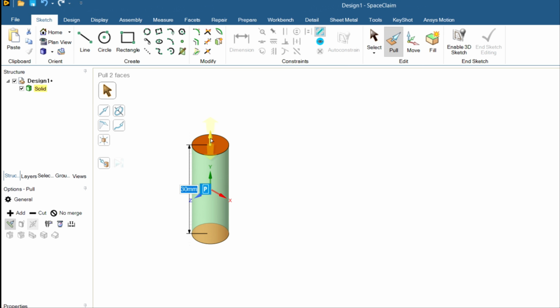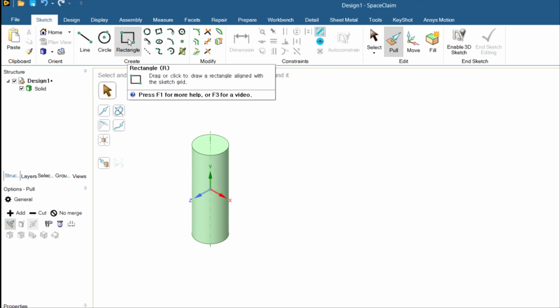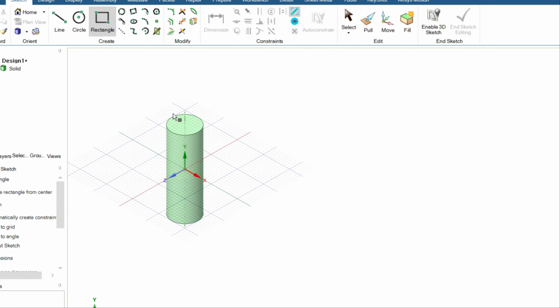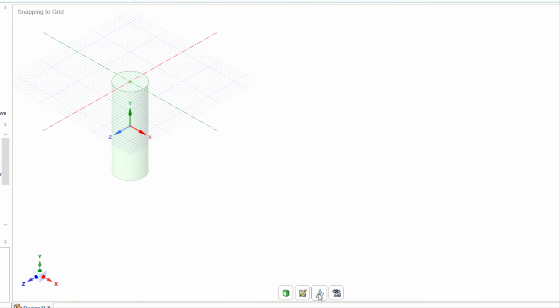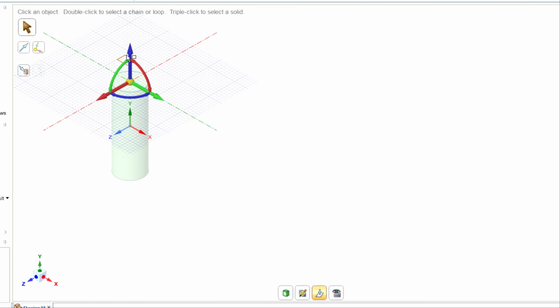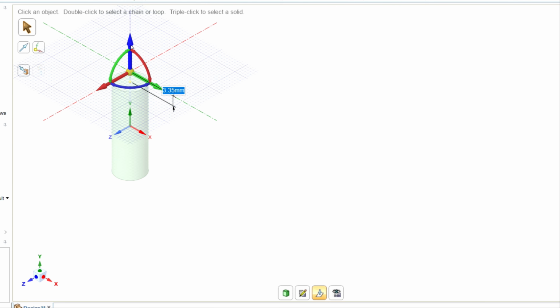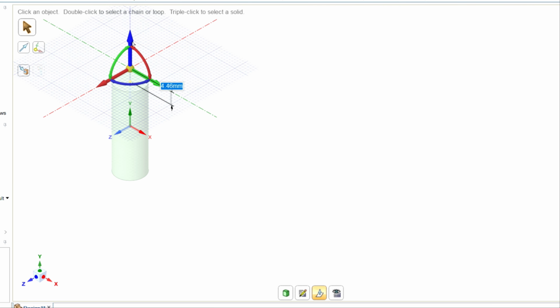I am going to give 30 mm as the dimension, and then we need to create the outer geometry. For that I will select the rectangle option, and I will create a new plane that is slightly away from this outer surface to create two separate geometries for